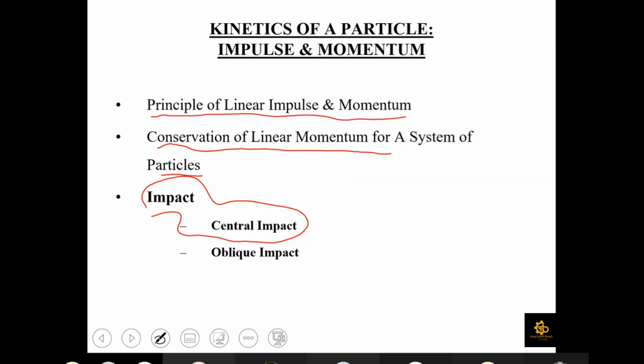Now, this conservation of momentum principle, as we have already said, is applied when two particles collide or interact, and you need to draw the free body diagram of the system. While drawing the free body diagram, it should be noted that all those forces which are internal to the system have a net effect of 0, because they occur in equal and opposite collinear pairs as per Newton's third law of motion. So those internal forces will have a net effect of 0,